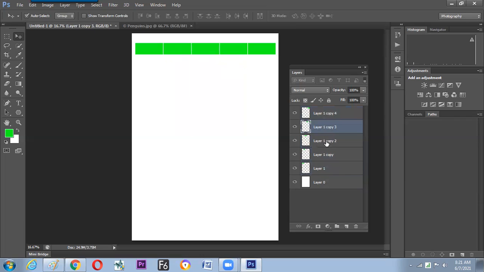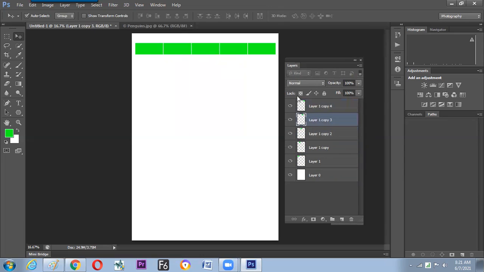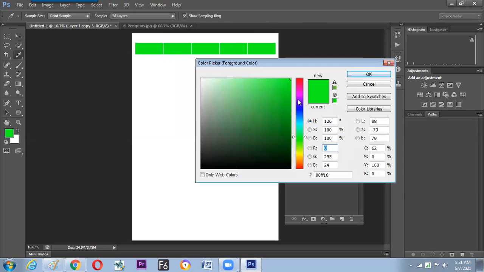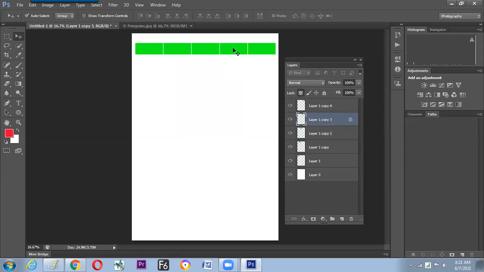So how to change the color? We can select this and in the layer window, there is a special button called transparency lock. What is this called? Transparency lock. That means it doesn't allow filling the color outside. We can check here the color and fill it on the screen with Alt Backspace, because we know Alt Backspace will fill the foreground color.